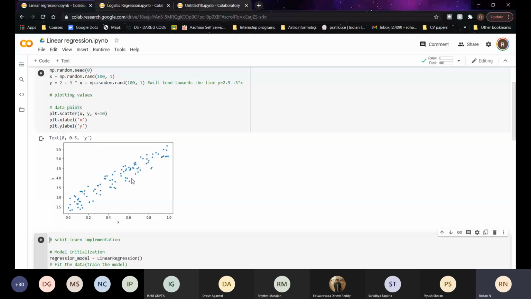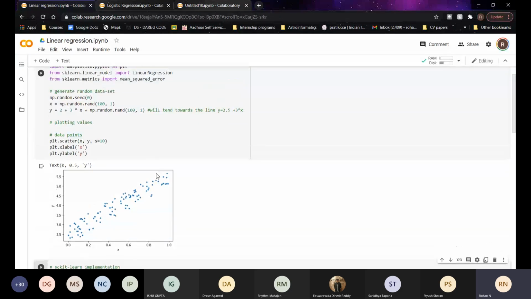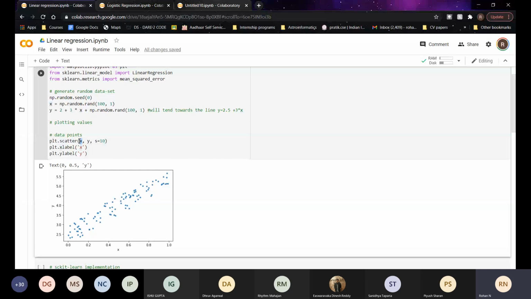Here x is all the x coordinates in my array, and y is all the y coordinates. It takes the first element in x and the first element in y, makes that a point x1 comma y1, and plots it in the graph. Similarly, the second element of x and the second element of y get paired up and become another point, and so on. So we get 100 points on the graph.